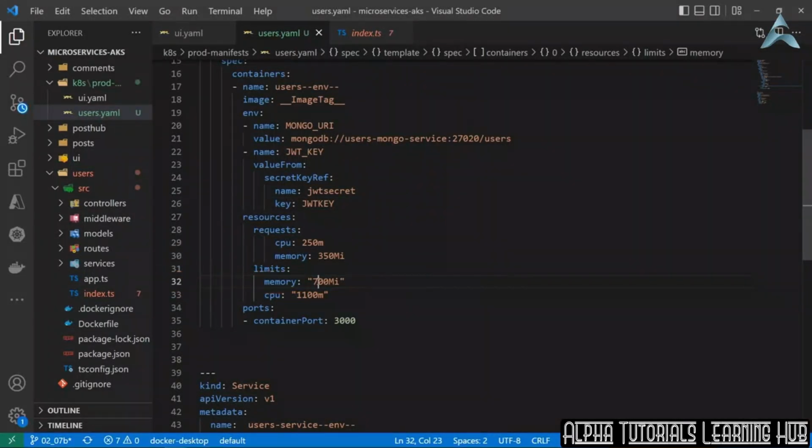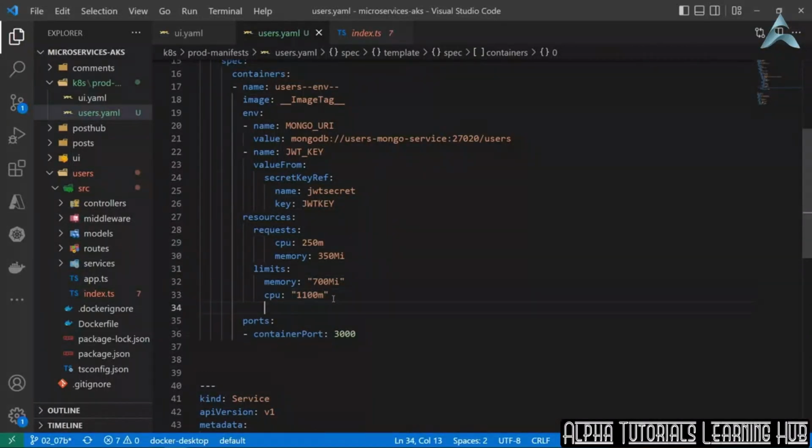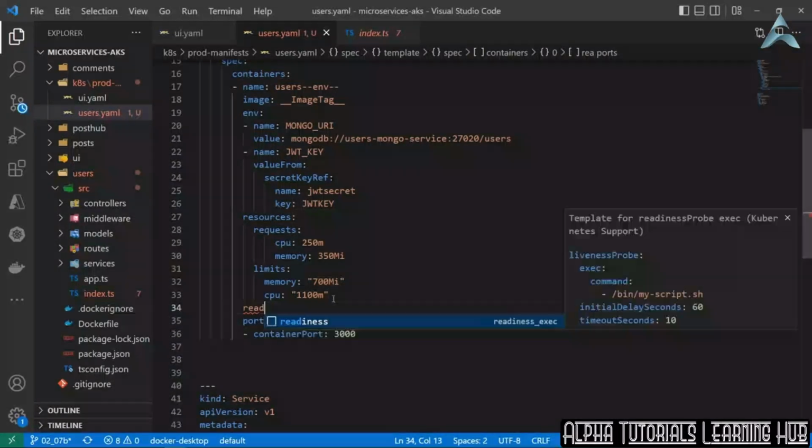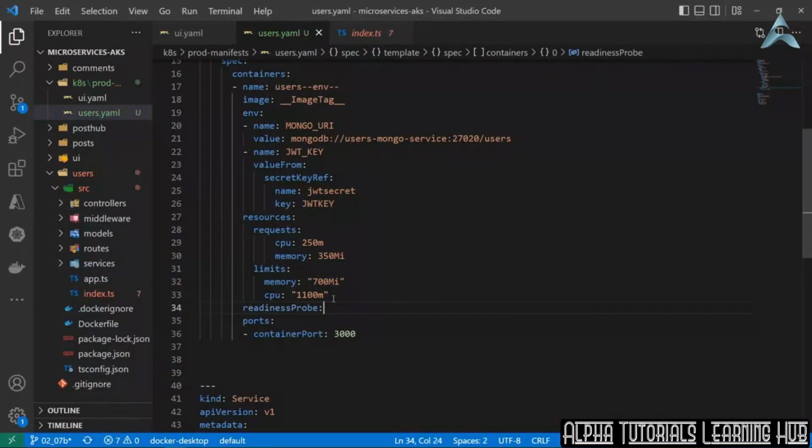To improve user experience by making sure that requests are routed only to pods that are ready to receive requests and not a failing pod, we can define a readiness probe to perform a health check against the container to be sure it's ready to receive traffic. I will define this after resources, so create a new line after limit.cpu. Press enter, go back 2 steps and type readinessProbe. Press enter, then type httpGet